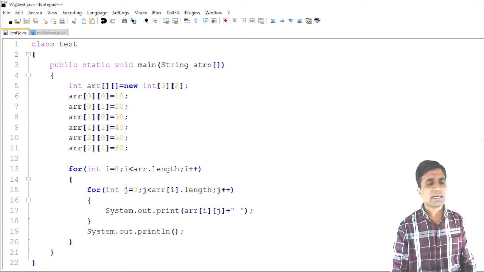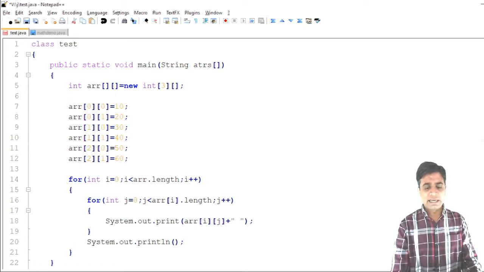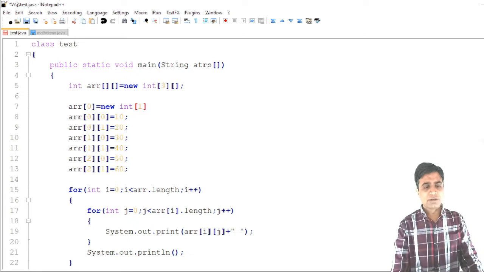So I will show you the example. The example is the same as the last one, but what I am changing is that I do not pass the number of columns, because each row has a different size. So again I declare it like this: array[0], the first row size, is new int of only 1.